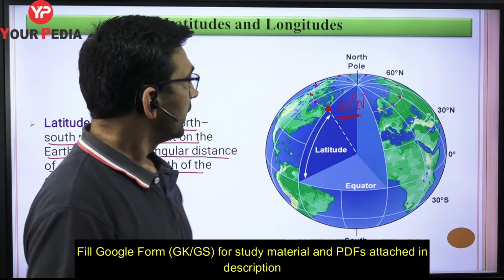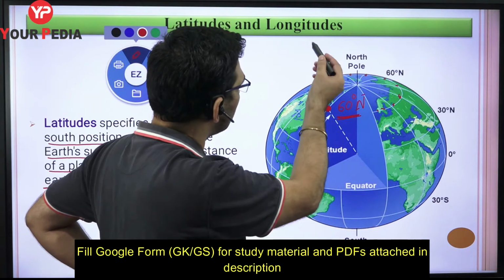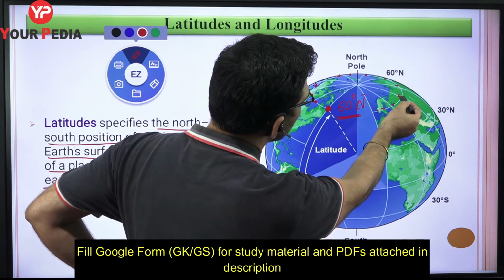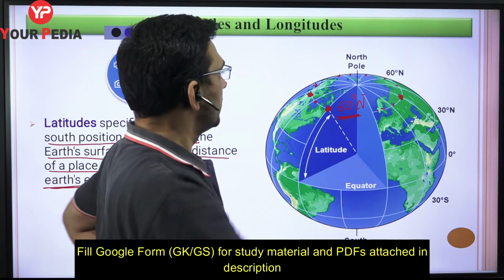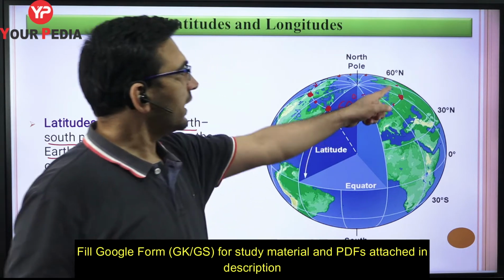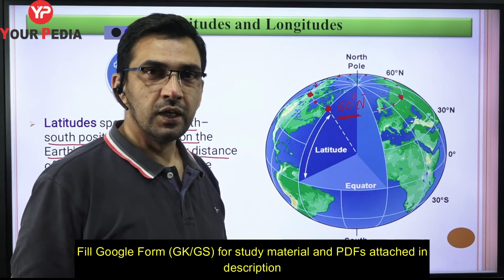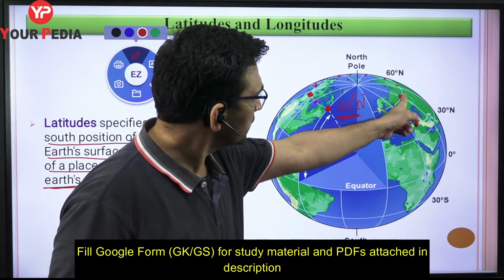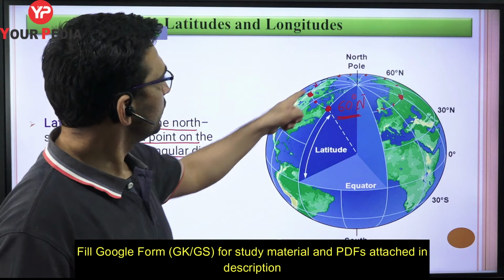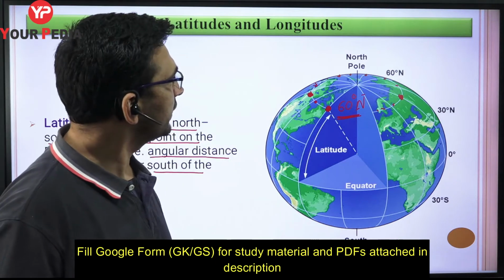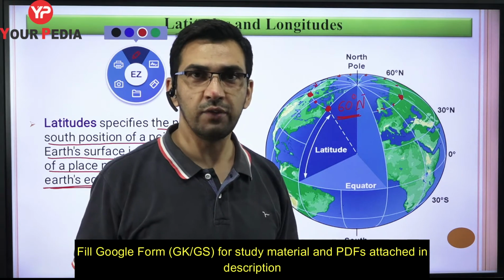Reason being, let us say you have moved out from India and you have gone somewhere, let us say one of you is in Russia somewhere here, and the other one is over here in, let us say, Canada. So both are at the same latitude, same angular position with respect to equator. If I ask one of you, where are you located, you will say I am 60 degree north, and the person over here is also saying that I am at 60 degree north. So will I be able to locate you? No, I will not be able to locate you.